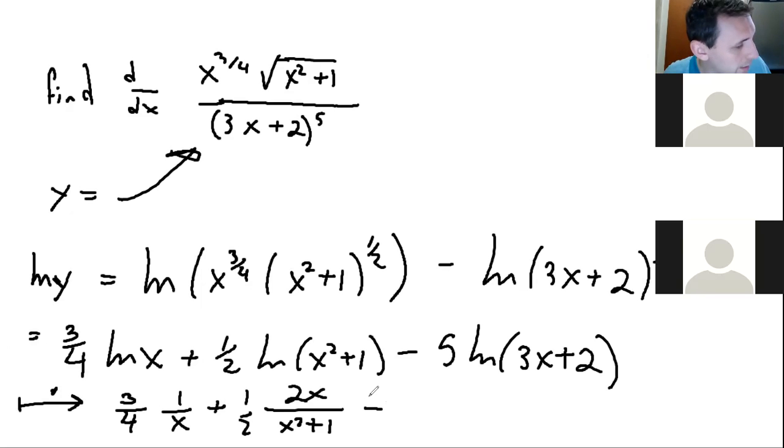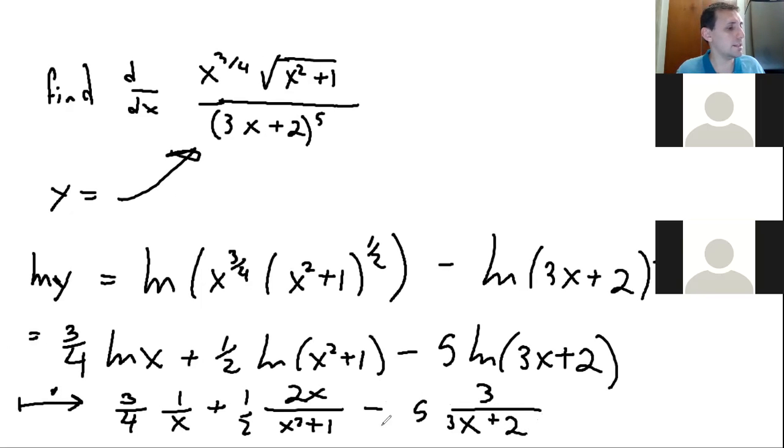And then minus 5 times 3, so it's 15. And here we have 3x plus 2. All right, that's the derivative here, and that derivative equals to, so this is what we in